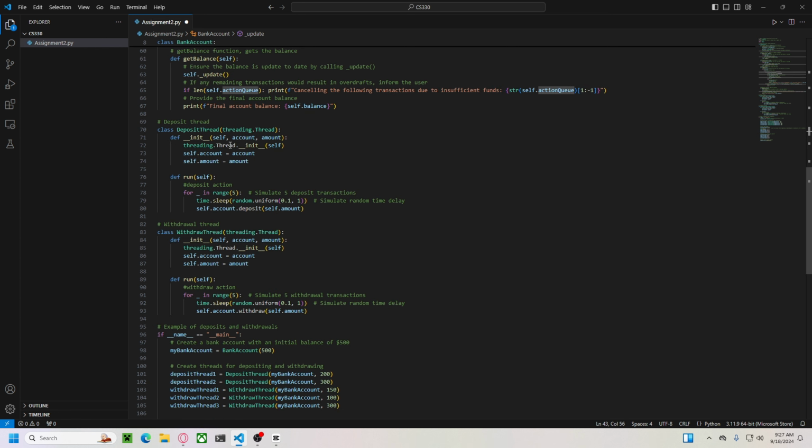Now, for the deposit and withdrawal threads. These classes are responsible for simulating multiple deposit and withdrawal operations. Each thread performs 5 transactions with a random delay between them, simulating real-world banking conditions where actions don't happen instantaneously. The run method here simulates transactions by calling the appropriate deposit or withdrawal function with a random time delay to